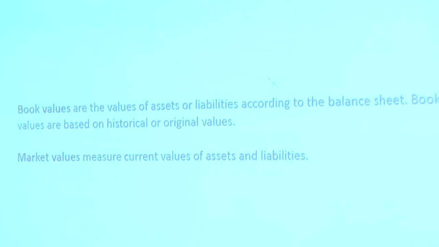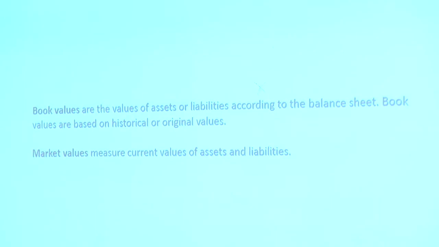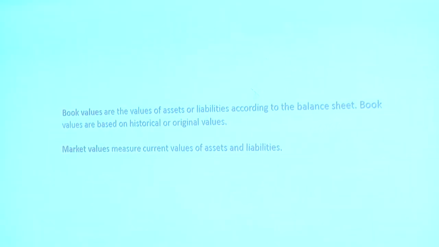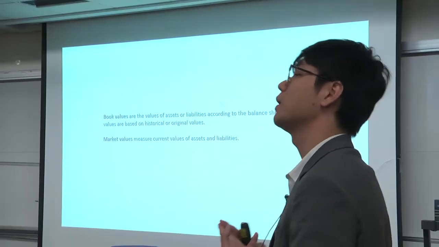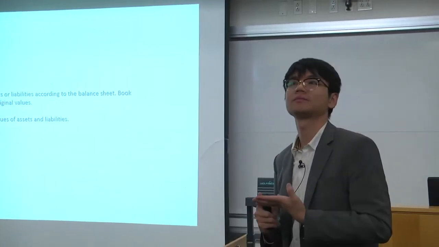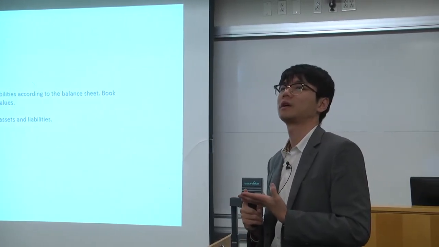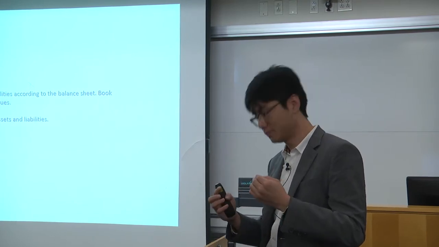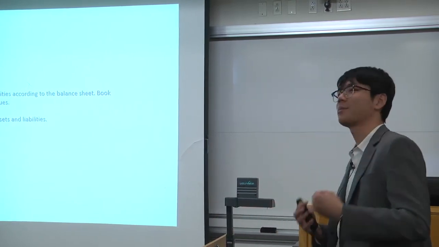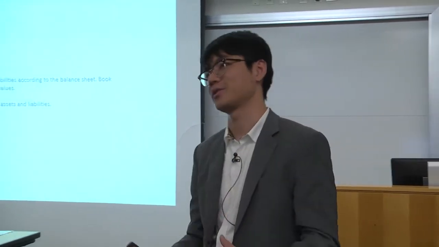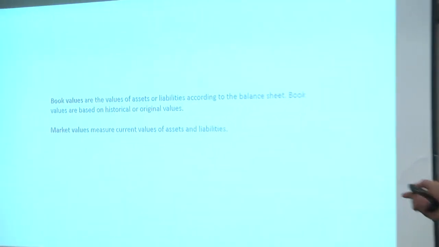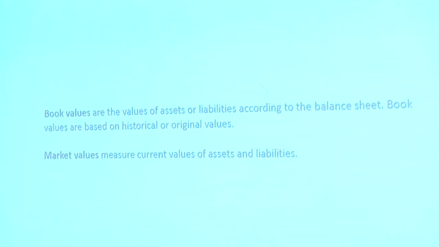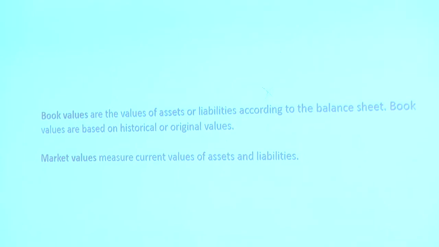So here, that's a good thing. All the financial statements, the balance sheet, the income statement and the cash flow statement we'll see later, record the book value of assets. What does it mean by the book value of the assets? Yeah, whatever I put into the company, and that's past tense, right? So it's historical. Book value usually is associated with this word, historical, or original values. It's the value of the investment that investors put into the company, okay?